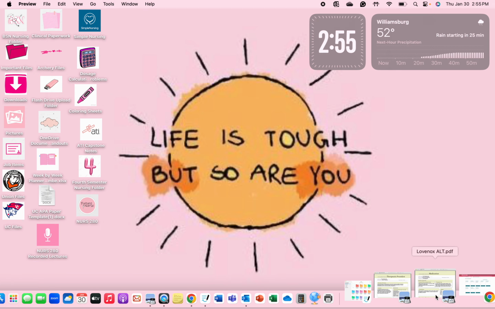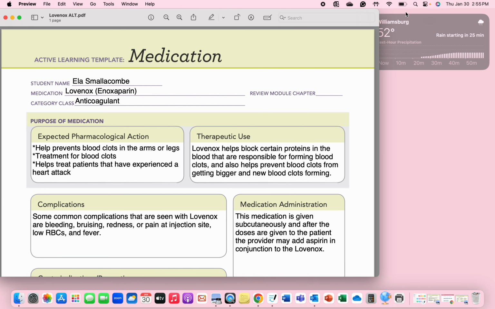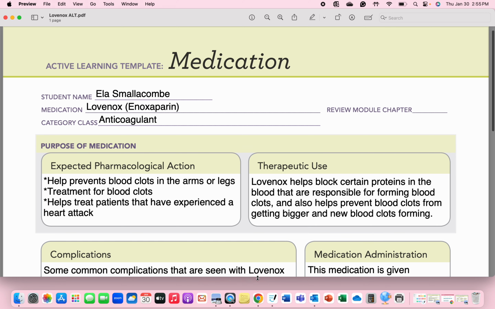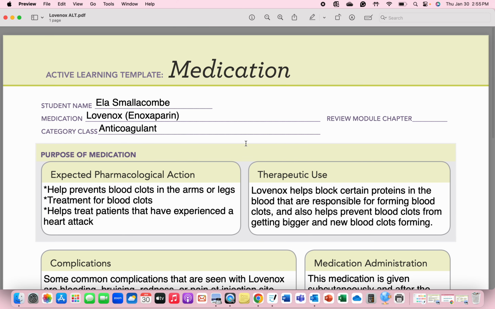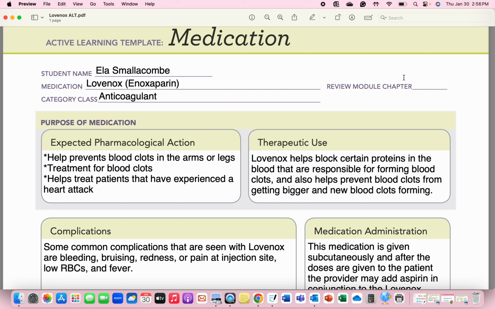Another one that I have is on Lovenox, and this is a medication card. I know some of the professors use different ones for when you guys are at clinicals or you're in lab and you're doing medications, but for medications that you're doing and seeing on ATI, this medication card template is really, really helpful as well. So you have your medication and what the class is, but there's also a module on